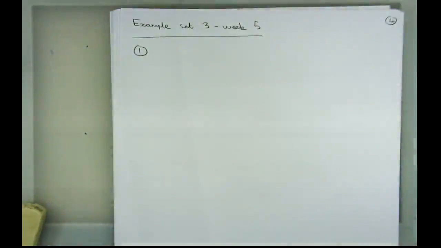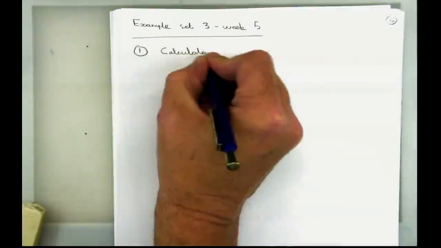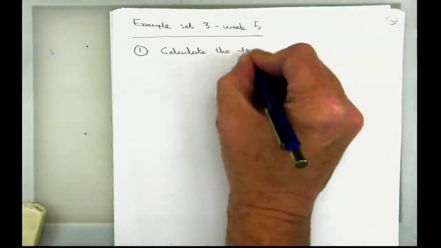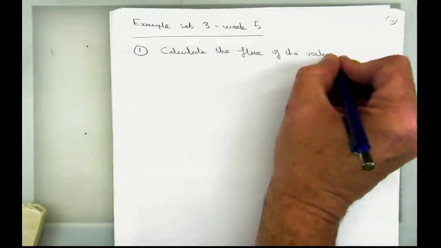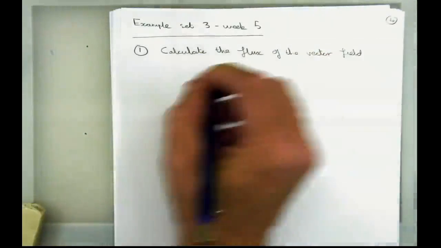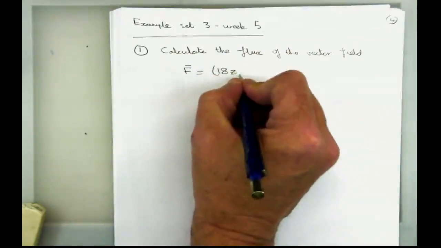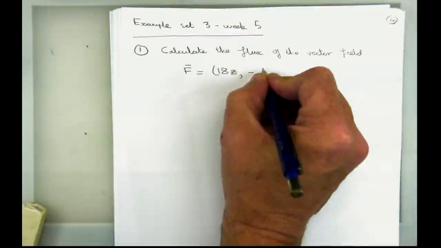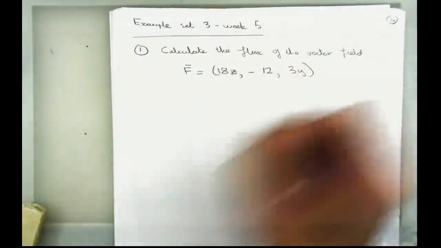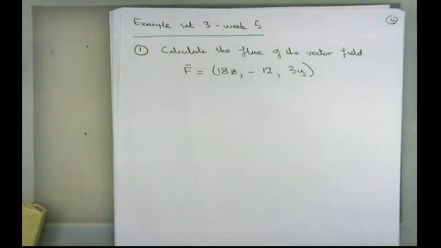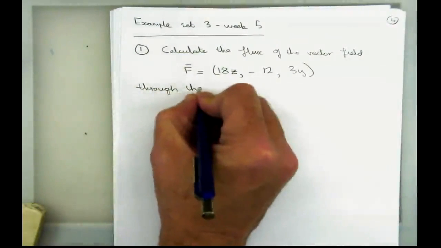All right, so let's calculate the flux of the vector field, I can't read my own writing, through the surface